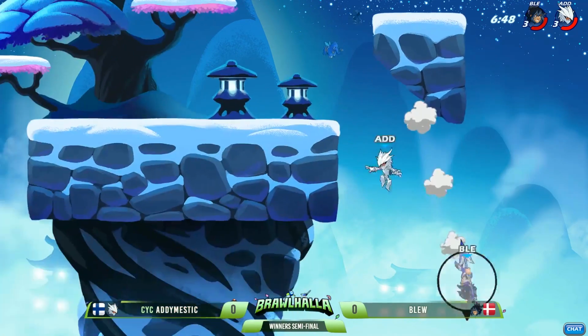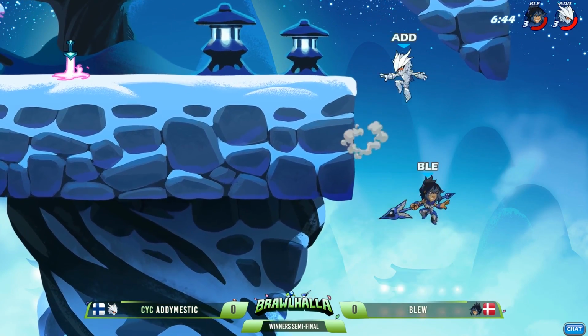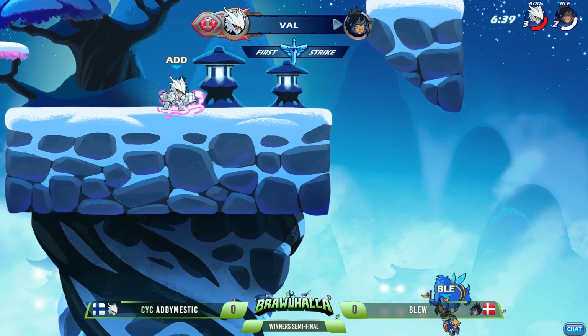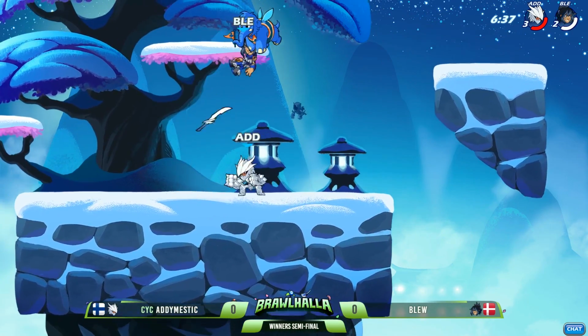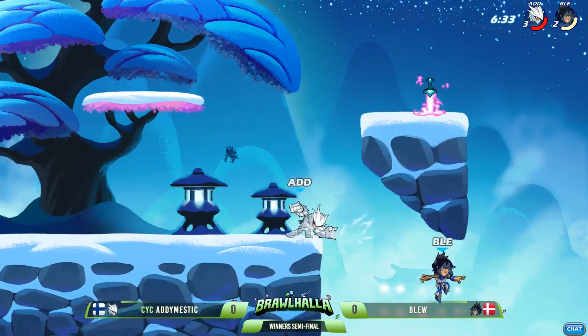Ooh, Blue just perfectly turning around. A lot of play going on in the laundry chute there. Just that wedge island. Nice down air from Addymestic. Is going to take that patience. First stock. He is red. He is in kill percent on this first stock, so we could see a very quick response coming out from